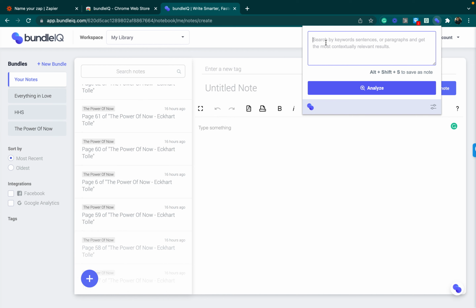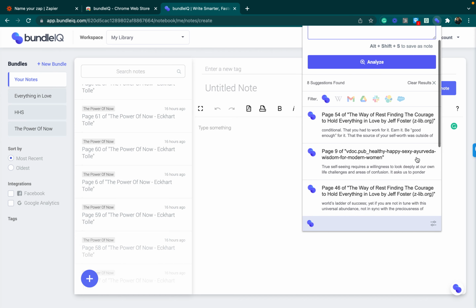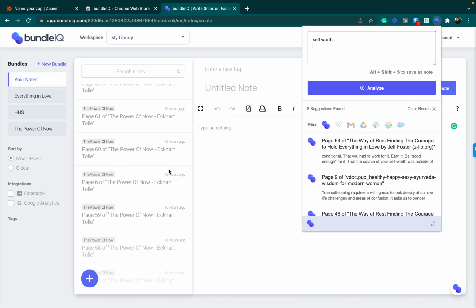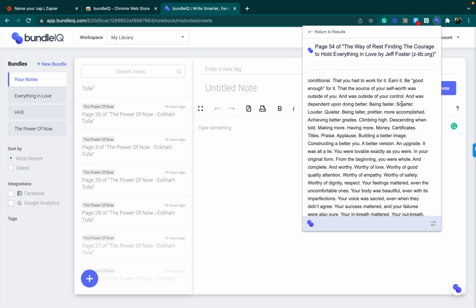I have a friend that's interested in maybe using Bundle for some life coaching, so I'm just doing some tests, but I'll go ahead and write something like Selfworth, and I want to see what does the app have to say about that. So out of the hundreds and hundreds of pages, it has 8 suggestions here. So we can read this one,